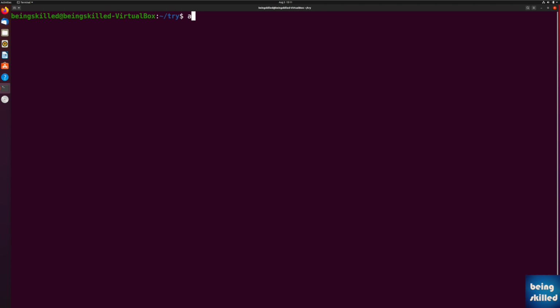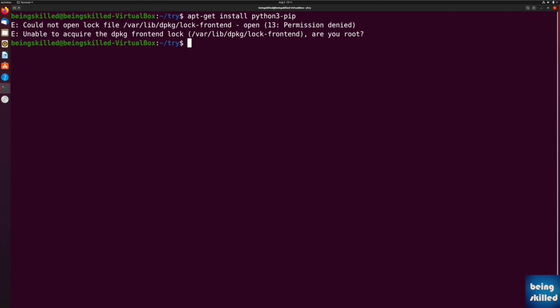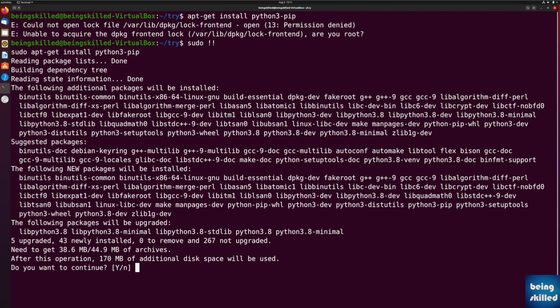You just have to go to terminal and type apt-get install and then the package name. So in this case, the package name for us is python3-pip, and if you type that, it will ask for the root credentials. So just type sudo !!, and then it will show you the list of packages which it is going